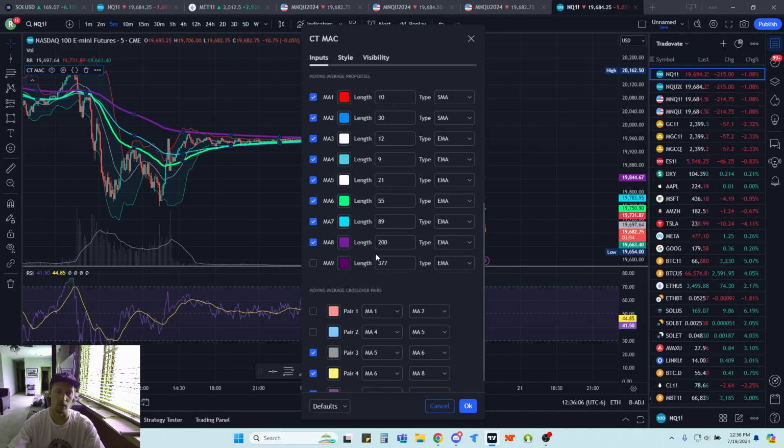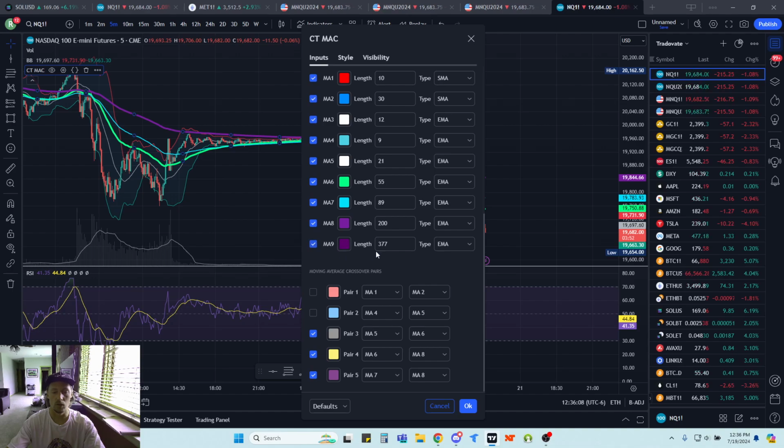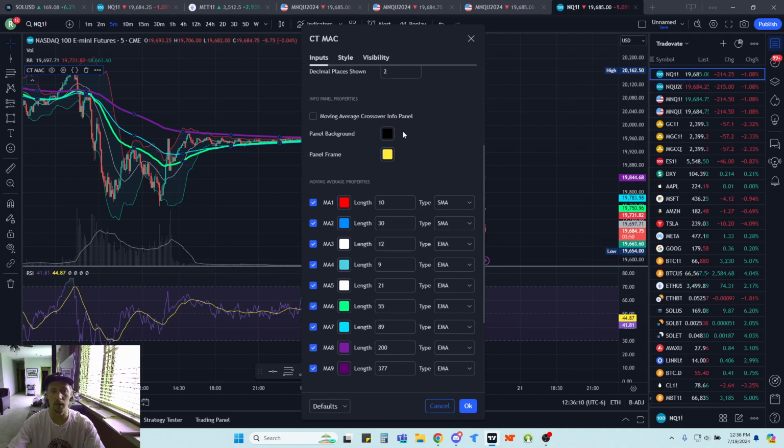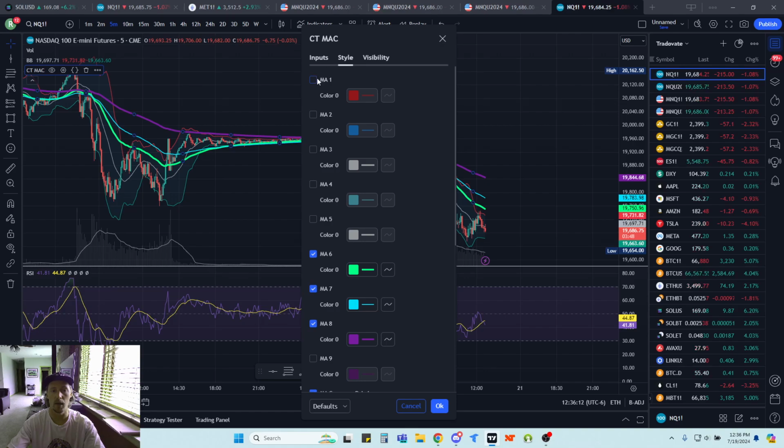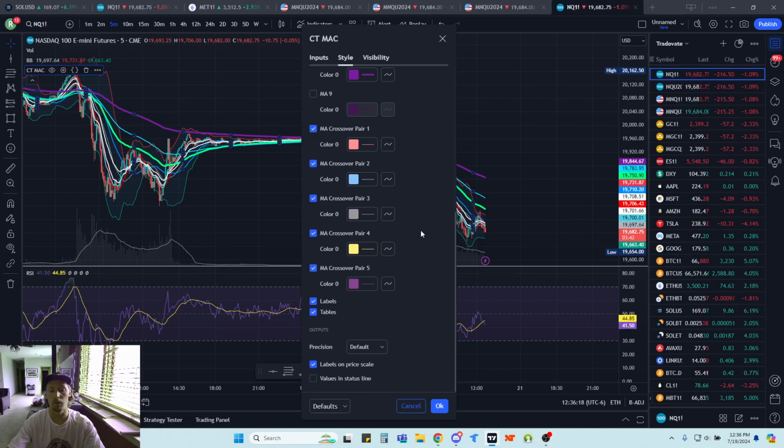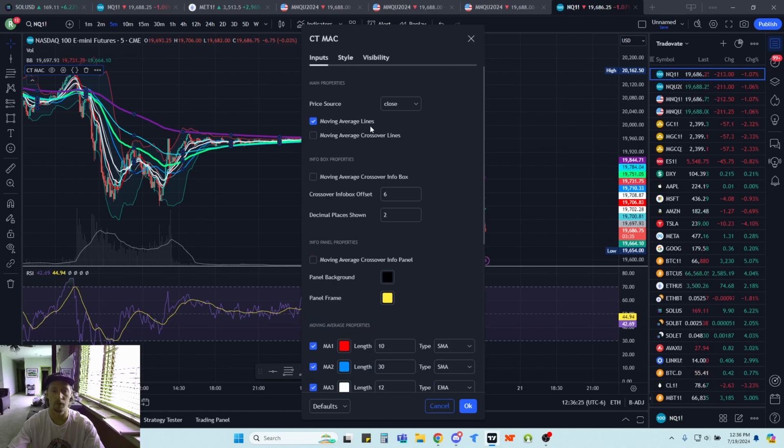If you want to just see all sorts of lines and whatnot. Again, you have to click it on here in the inputs tab, and then to be able to actually show them, you have to go over to the style to toggle things on and off. So this is a phenomenal indicator for moving averages. It can also tell you, maybe I have that function turned off,